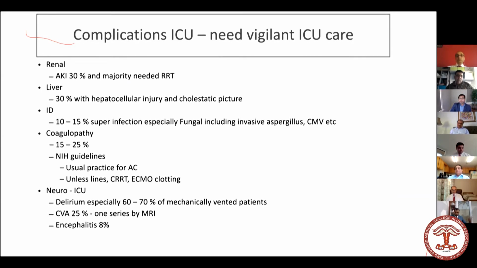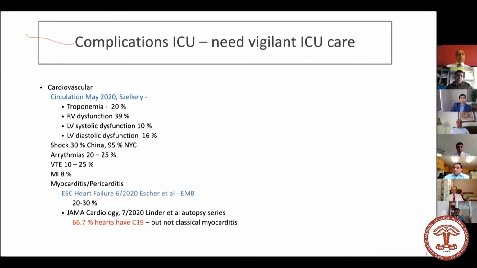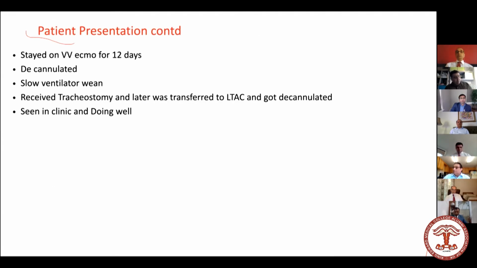Coagulopathy is very common. Most of these are prothrombotic. We have published some studies on it, and most of our patients are on anticoagulation, which is subtherapeutic, either with Lovenox, DOAC, or heparin. As Dr. Gaba mentioned, delirium, encephalopathy, and encephalitis are also very common. In cardiovascular, there are multiple studies from Circulation and Heart Failure. In our center, we're seeing between 20 to 30% of the patients with cardiomyopathy or myocarditis. Some of that does recover after the patients get better, but some of these people may go into chronic systolic heart failure as well.